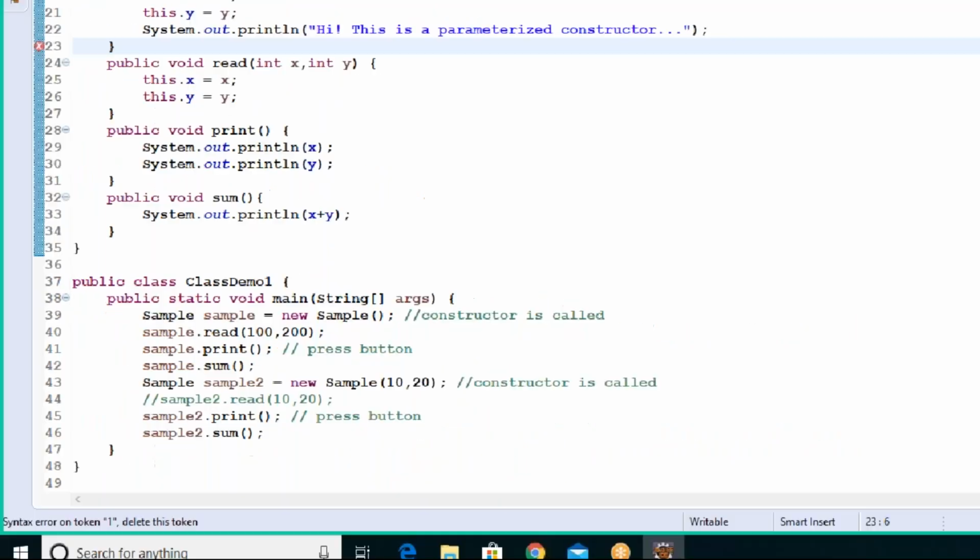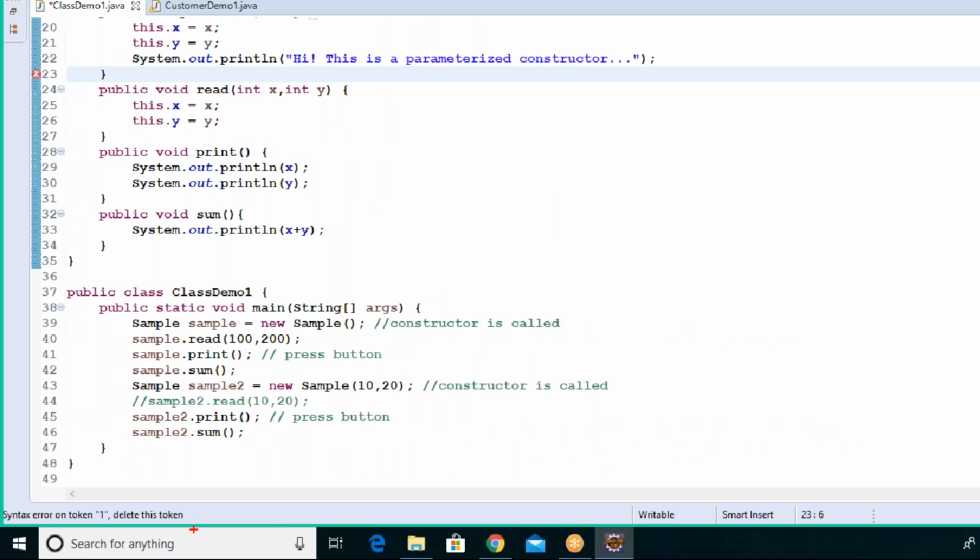which practice do you think is better? Going with this approach, do you feel it is better? Going with that approach, do you feel it is better? What do you think of it? Among the two objects, which declaration, which process do you think is better, guys? Everyone, I'm asking. Second one. Why do you think the second one is better? Because there we are clearly mentioning the parameterized and non-parameterized thing.